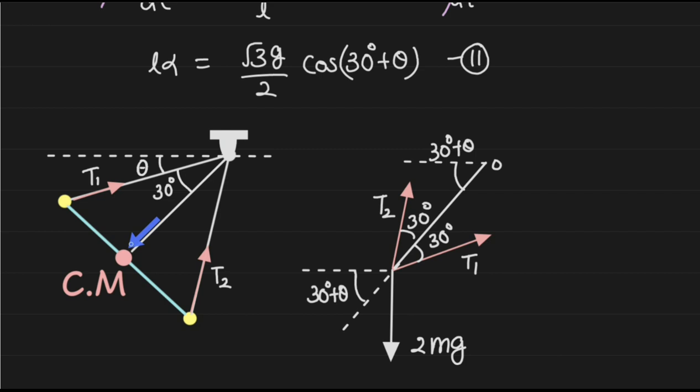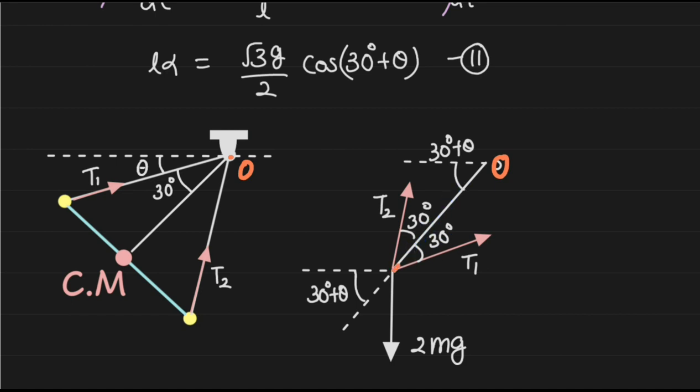and the tension force T1 here will be making angle 30 degree with this line here, and this is the line that is going towards the center, right? So this is the center line, this is, let's say, point O right here, and the tension T1 and T2 will be making angle 30 degree, right? So let's just take the component of all these forces along two directions which we are interested in.